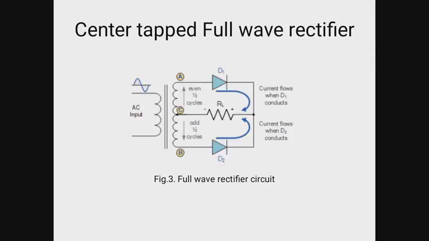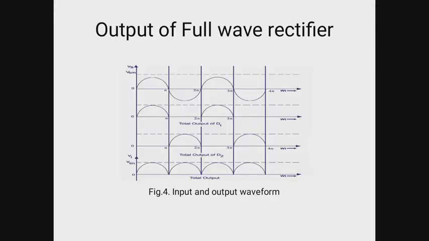The upper portion is positive, the lower portion is negative, and alternatively these portions will be positive and this one is negative. That means at that time the diode D1 is in on state, because the P terminal is positive as compared to the N terminal. So current will flow through D1, but no current will flow at that moment through diode D2. That means D1 is in on state and D2 is in blocking state.